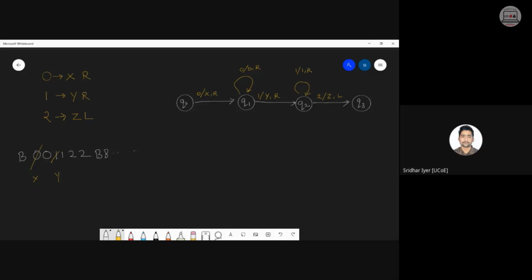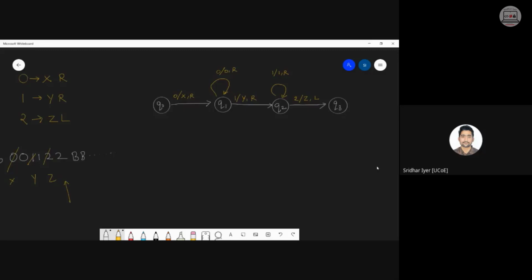Okay. So now I have bypassed this second one and now my pointer is pointing at this particular 2 over here. Right? I am in state Q2. Now I know that if I am in state Q2 and if I encounter a 2 over here, I need to replace that with a Z. So I would simply replace this with a Z and keep moving to the right. Obviously now I am in Q3, so I need to add again a loop over here because I want to loop the remaining 2's. So what I will do, I will add a loop over here, 2 on 2.